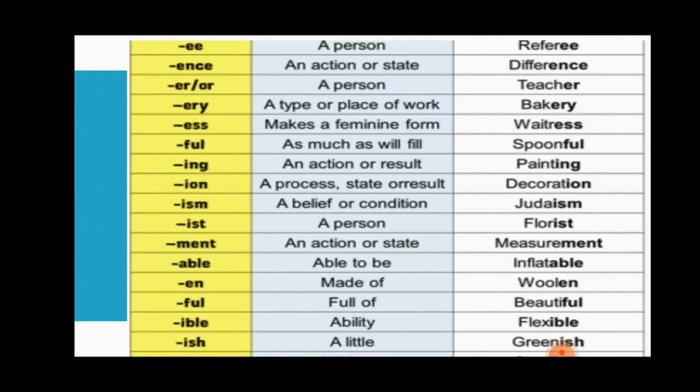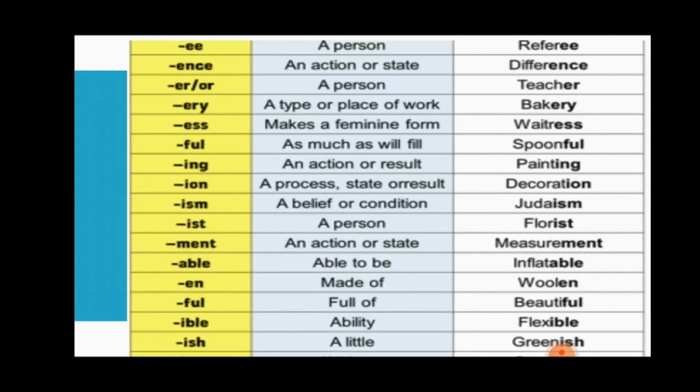So EE refers to a person, ENCE action or state, ER or OR refers to a person, ERY refers to a type or a place of work, ESS refers to a feminine form, FUL means it is filled, ING is related to action or result, ION is related to a process, and ISM is related to a belief or condition, IST is related to a person, and MENT is related to an action or state, ABLE refers to able to be, and EN